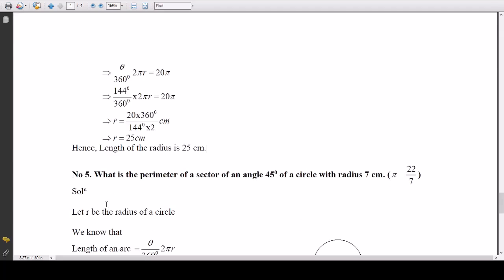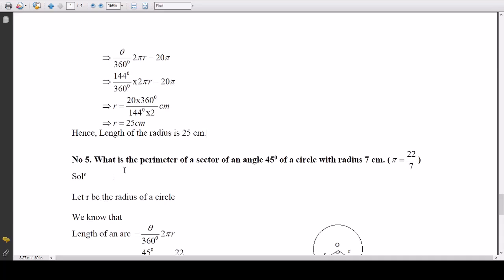Next we go to problem number 5. What is the perimeter of a sector of an angle 45 degree of a circle with radius of 7 centimeter? Here is given the angle theta, which is 45 degree. The radius of the circle is given 7 centimeter. What do we need? We need to find the length